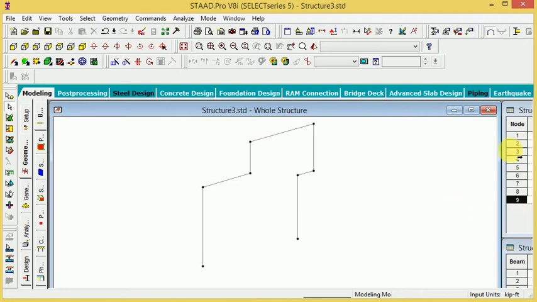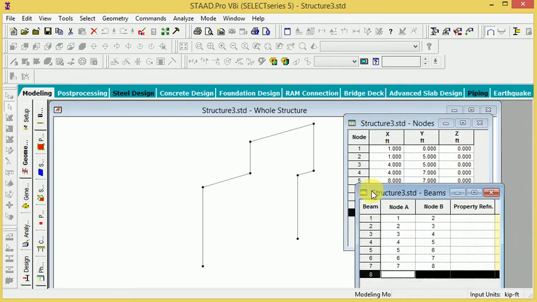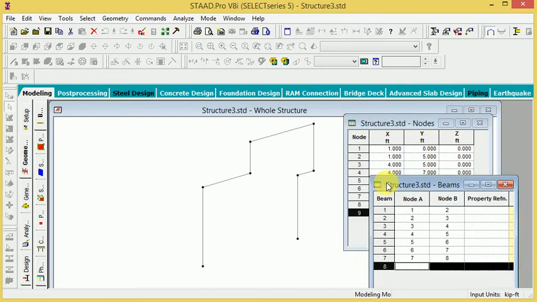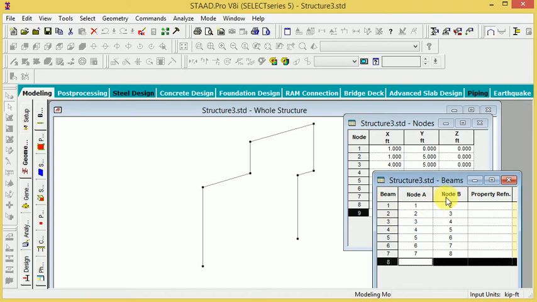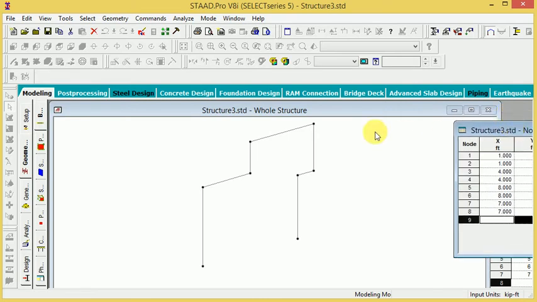You can look here at the graph. It means this structure has 9 nodes, number of 9 nodes, and the x direction shows how many feet you can cover. This chart is the structure member, and likewise you can select which type of node, node A, node B. Like this, the property is here. So it means this chart template is showing a structure member. So this is the working of the graph process.